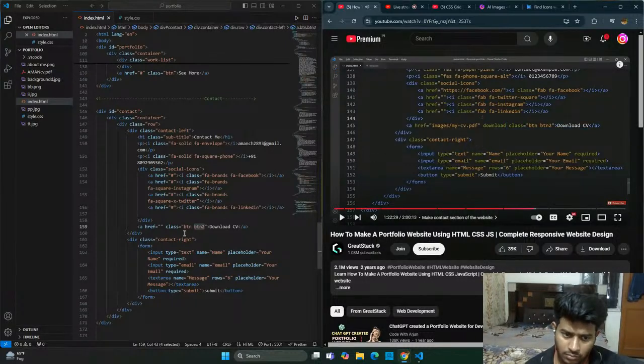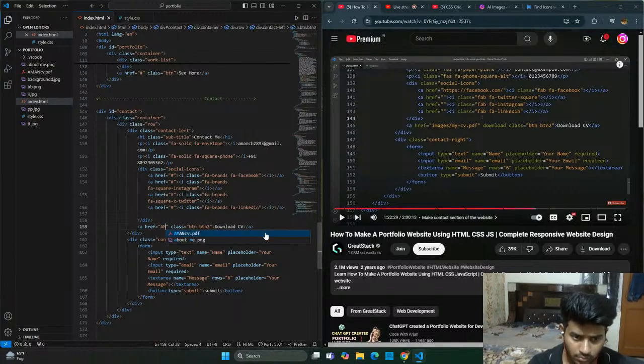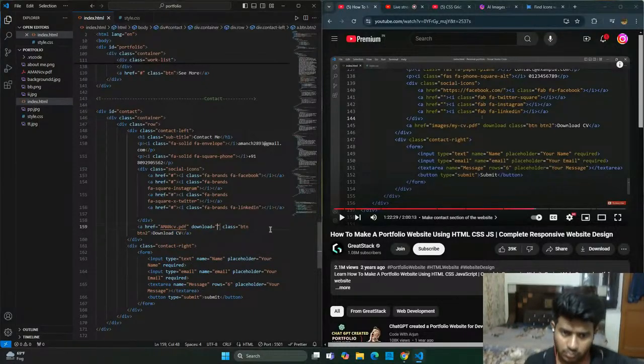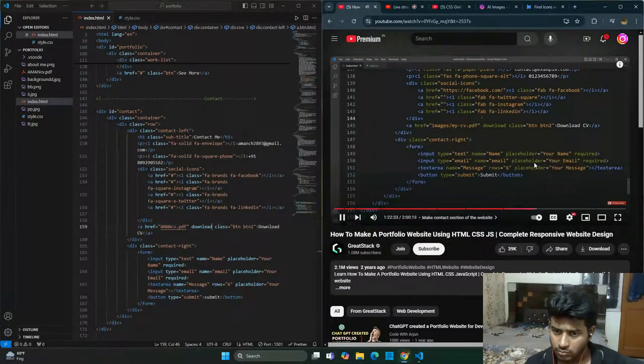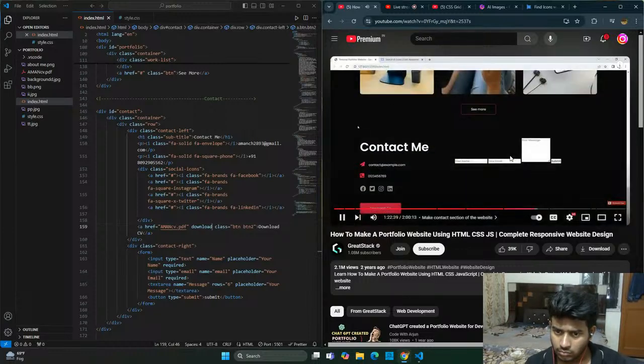So whenever we click on this button, it will start downloading this attached file in the browser. So let's come back to the website, and you can see